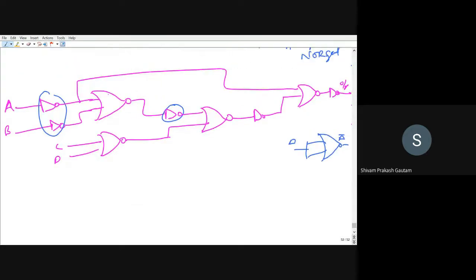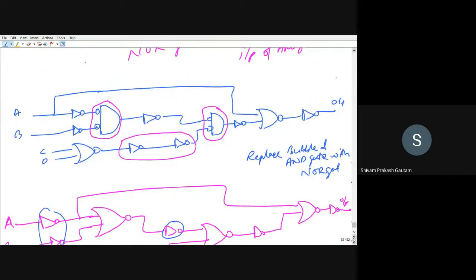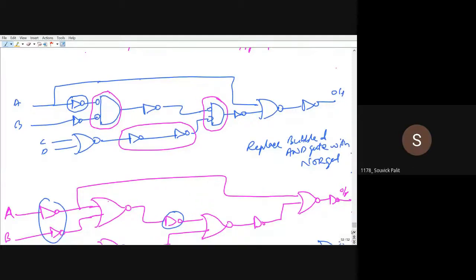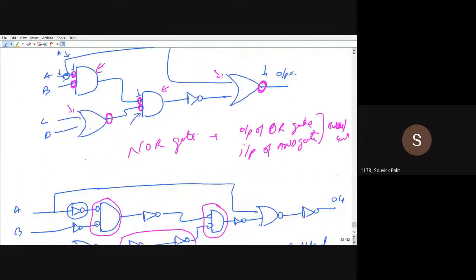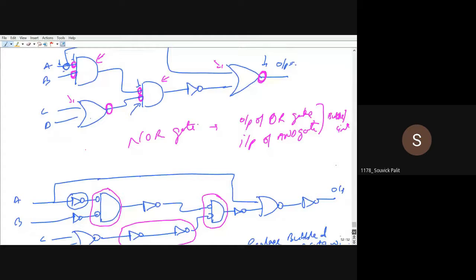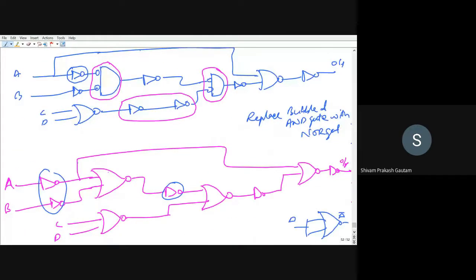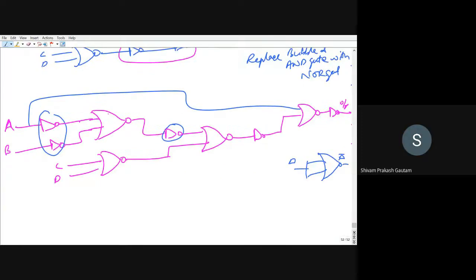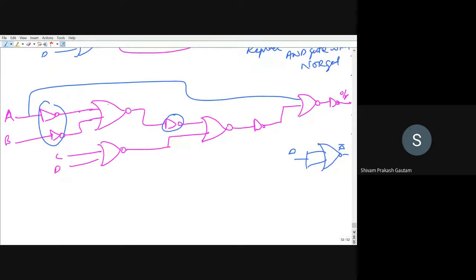So just see A is. Have I made any mistake? Just see that inverter is here, right? Sir, excuse me, sir. Yes. Sir, in that blue diagram, from the A input, the wire is reaching from behind the OR gate, and Yes, yes, yes. This you are saying, no? Yes. Okay, sir. Now is it correct? Yes, sir. So you have to make sure that all the connections should be okay, right?